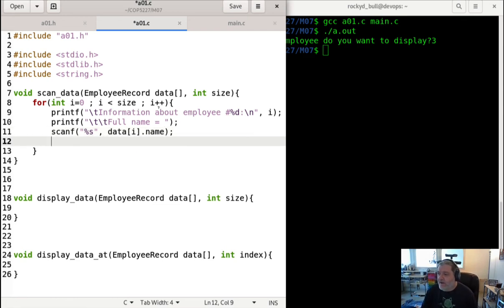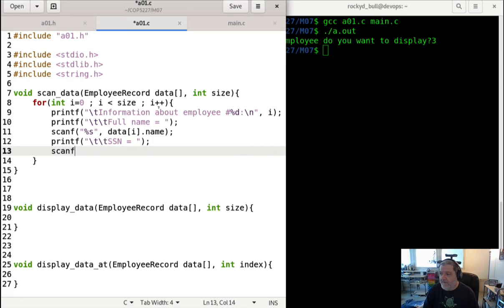What else? I have the SSN, so printf, tab, social security number equal, and I'm going to similarly scanf. So the code is going to be different here. I'm going to come back to that. It's still the employee record at index i that we're trying to fill, and this time it's a field SSN